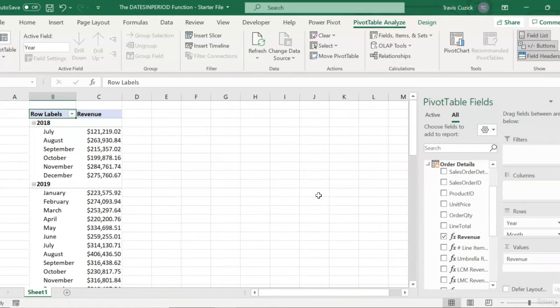Once we have that max date, the DATESINPERIOD function expands the filter context forward or backward from that date, a specified number of a specified type of date interval, perhaps 2 months ago, or 1 year ago, or even 30 days ago. This is how we achieve rolling totals based on the date value of a particular address in our pivot. So now that we get the general concept behind the DATESINPERIOD function, let's see